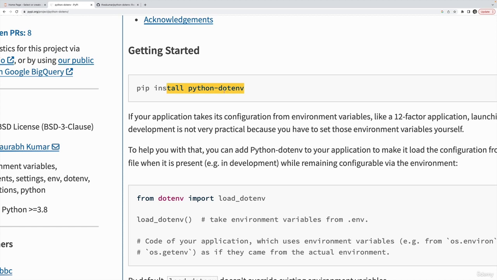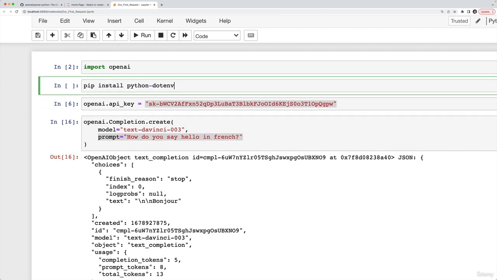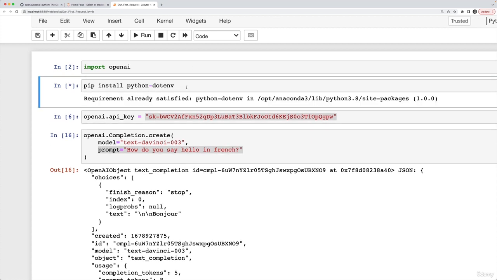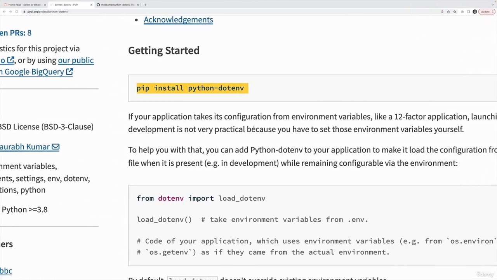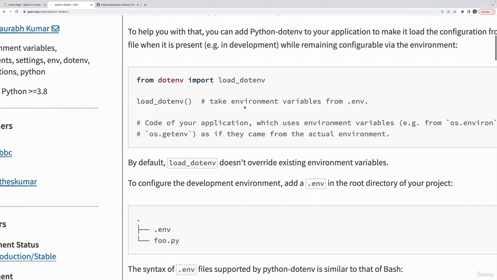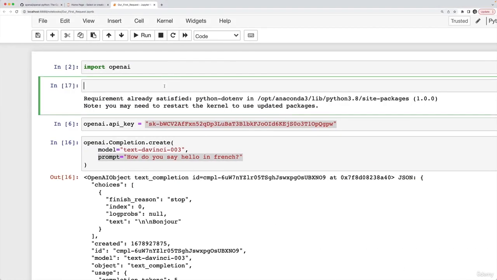So to use this package, we'll install it. I've already done that, but I'll go ahead and run it again just so you can see. python-dotenv, requirement already satisfied, but make sure that finishes installing. The next step, once I've installed it, is there's a couple of ways of going about this. What I'm going to do is use a function called dotenv_values. So from dotenv